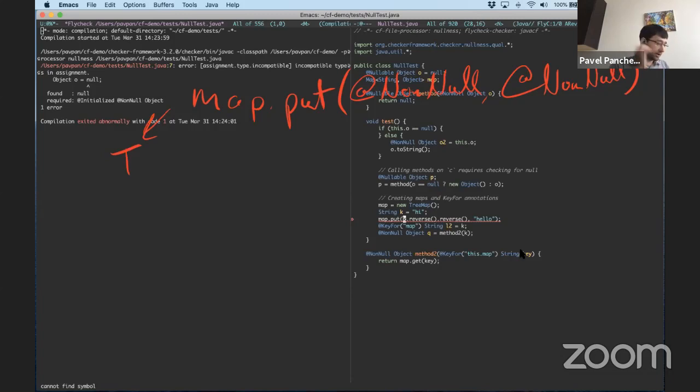But then, just in case, the checker framework also applies refinement. It asks the question in reverse. Suppose I know that map.put returned true. In that case, what do I learn about the arguments? Now, for most functions, this wouldn't be interesting, because the way we know that map.put returned true is because we just computed that. But for map.put, which mutates map, it is interesting because we can now go backwards and say, we've now additionally learned that this argument also has the annotation key for map.